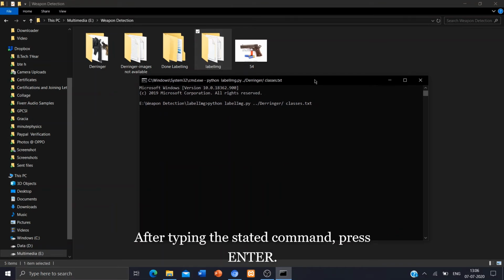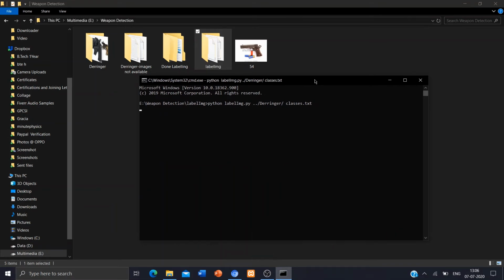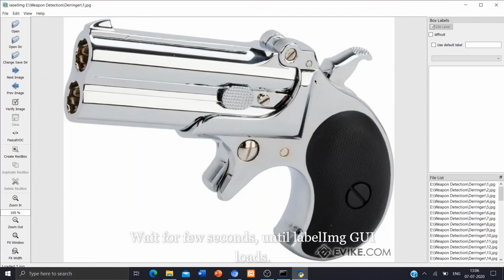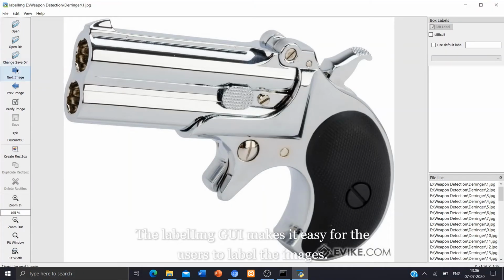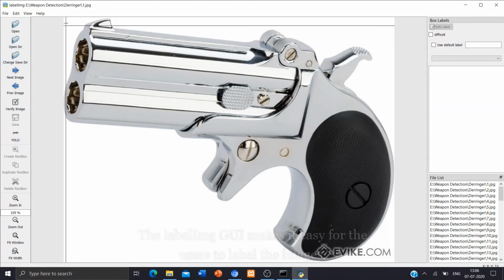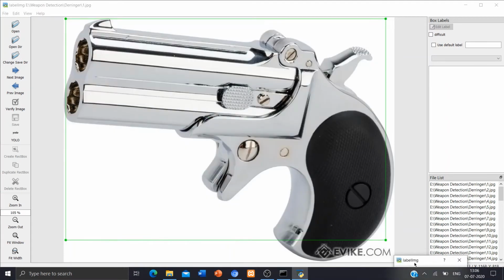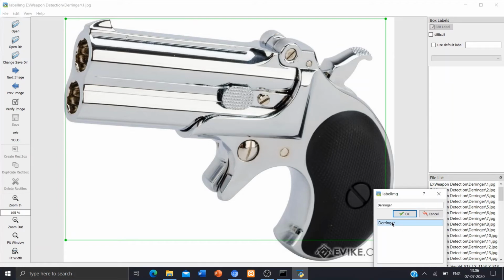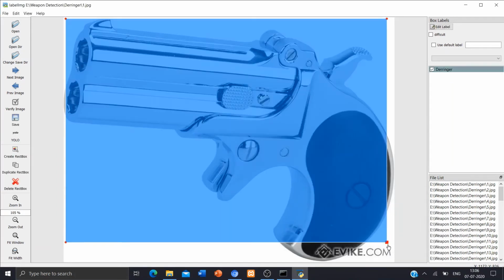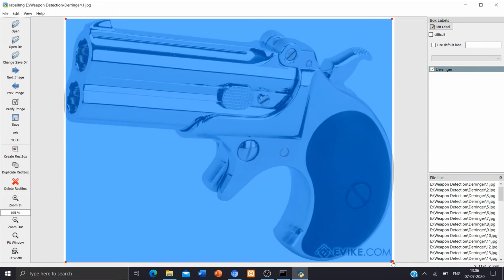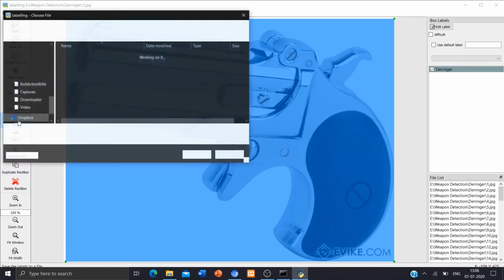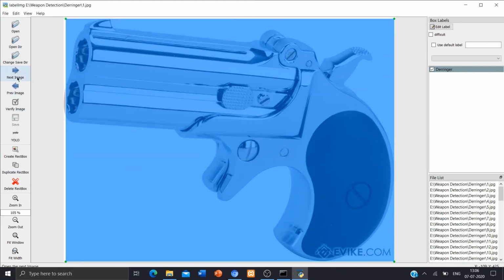So you will have to basically draw a rectangle around the part of the gun that you want to take. As soon as I press enter, it might take some time to load. Change that Pascal VOC to YOLO and click Create RectBox. So it will create a rectangle, drag and drop to choose the coordinates. The top left one is x min, y min, and the bottom right one will be x max and y max. So these coordinates would be set up into a file. Click on save. This would save the label to the same path as the image.